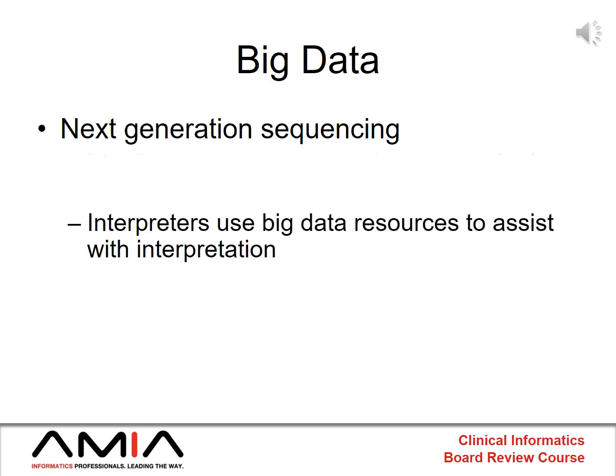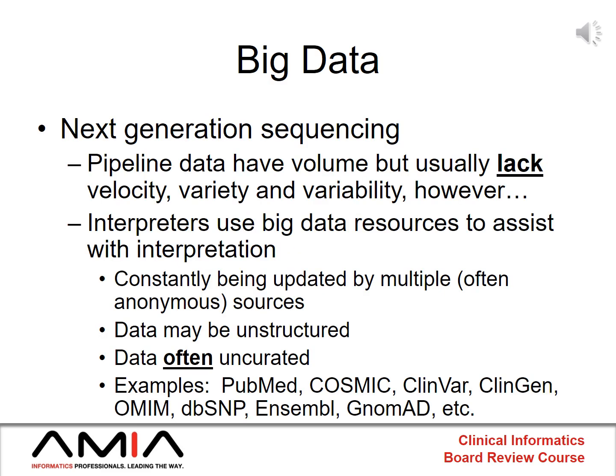People often associate big data with next-generation sequencing, in part because the file sizes, particularly for whole genome or whole exome sequencing, are very large, on the order of terabytes. However, while next-generation sequencing files have volume, they usually lack velocity, variety, and variability unless you are in an extremely high-throughput laboratory. Having said that, people who interpret next-generation sequencing data into a clinical report routinely use big data resources to assist with the interpretation